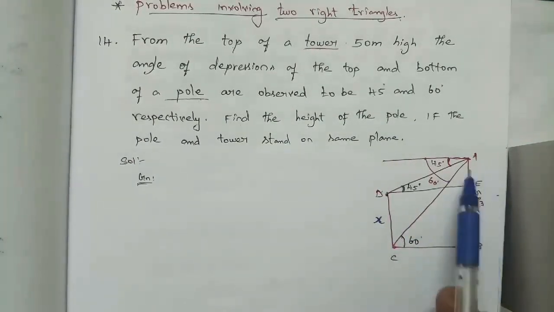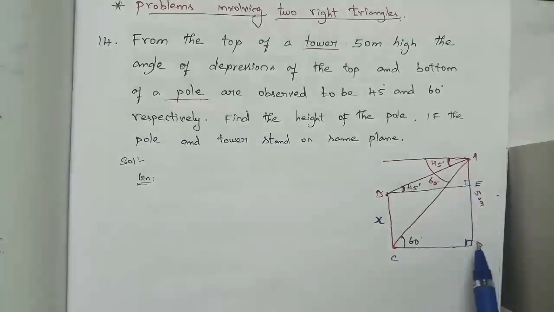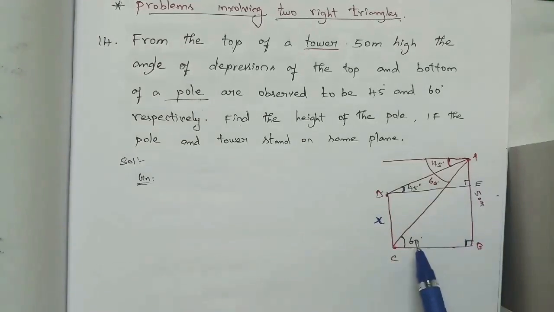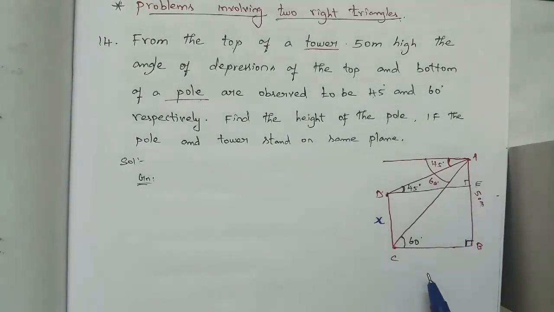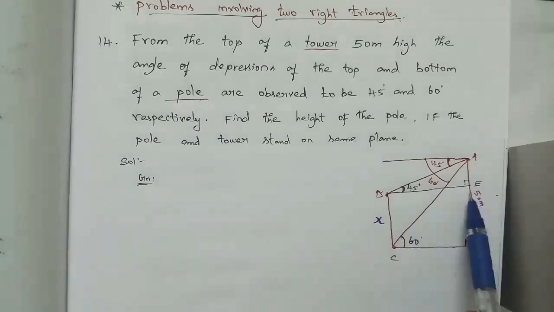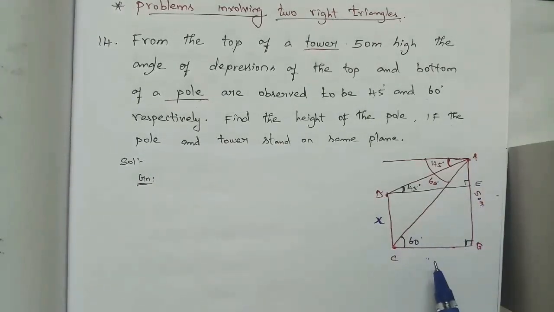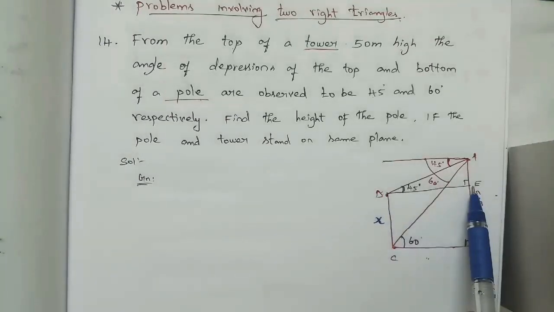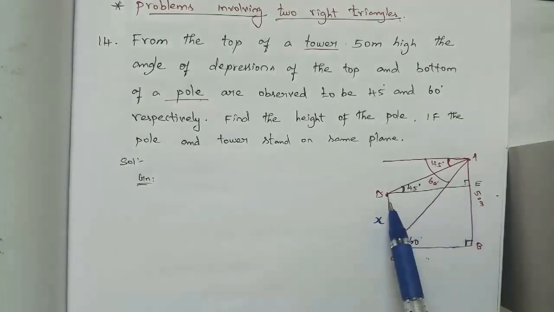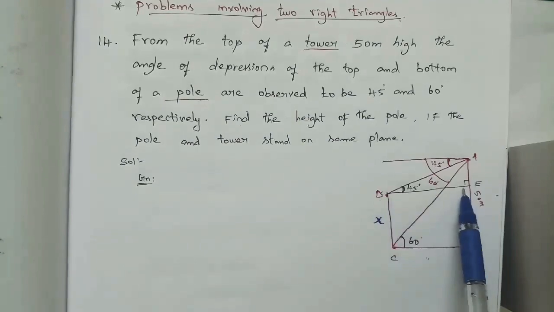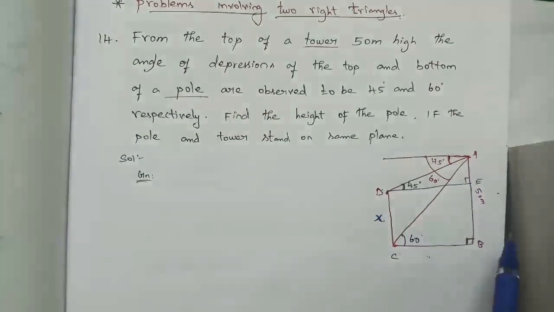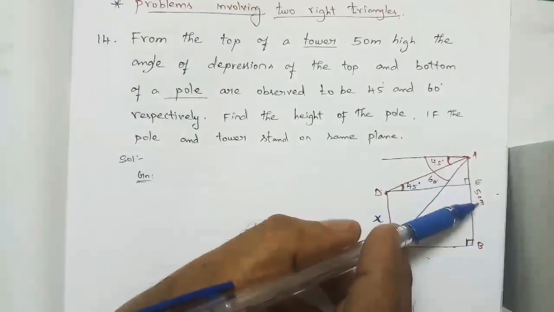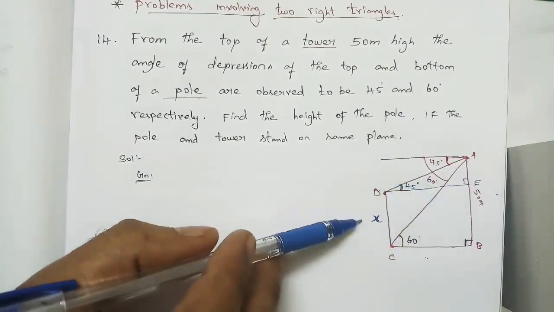First I am taking the triangle ABC. In triangle ABC, we know one side and we know one angle. With the help of that, we can find another side also, whatever we need. If we find this side BC, and BC is equal to D, why do we need the value of D? If we know the value of AE, then 50 minus AE is equal to x.